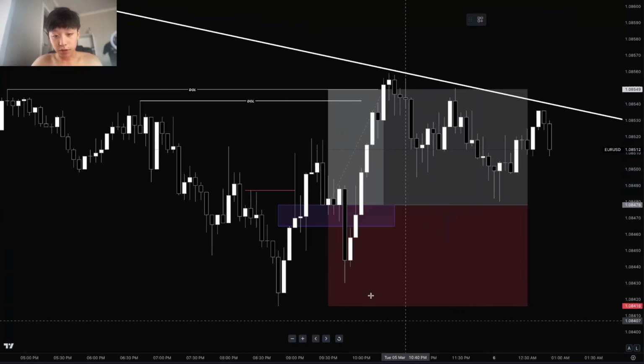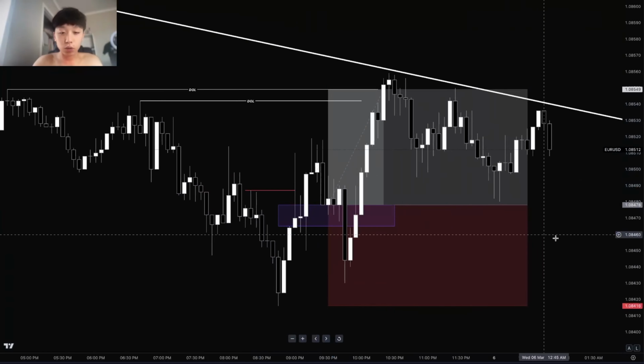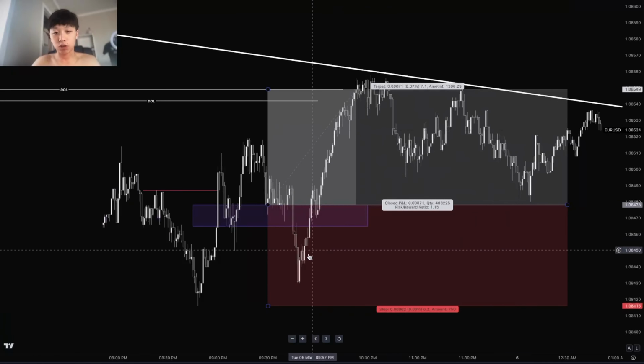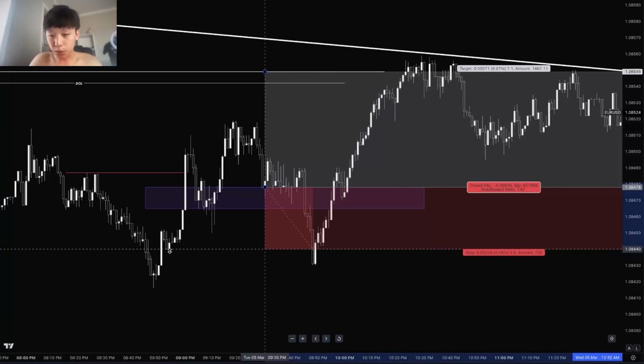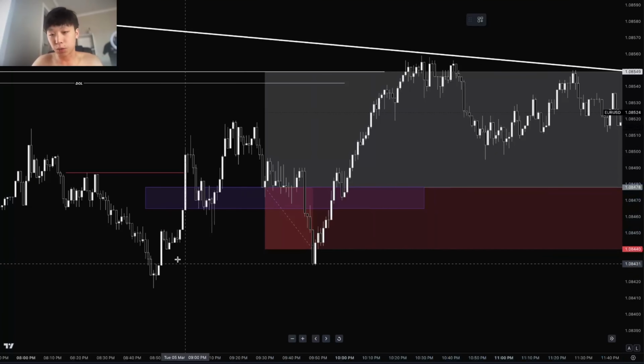I scaled down onto the 5-minute as well, and I noticed that this fair value gap on the 5-minute was getting held. So yeah, as soon as price came into this 15-minute fair value gap, I actually scaled down onto the 1-minute for entry. I entered, but I don't know why I did this. I put my stop loss at this low. For some reason, I decided to put my stop loss at this low instead of here,